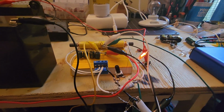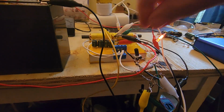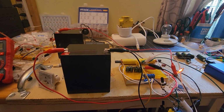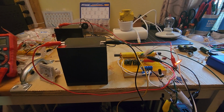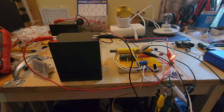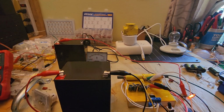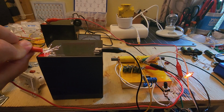I've refined the system even more, added a potentiometer here, which really helped with fine tuning. I ran into a small setback where I was having trouble replicating exactly the board in my last video. I built it exactly the same as the other one, but it wasn't behaving exactly the same. But the way around that is we still have all our negative resistance power, and we can use the rapid recharging of that power